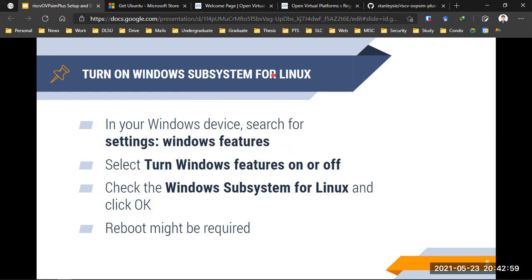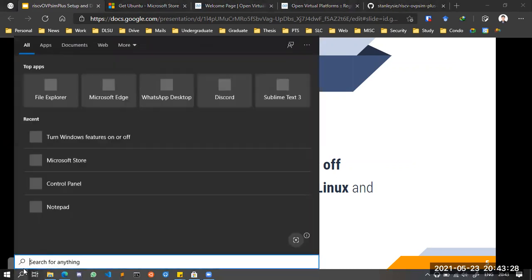We use the Windows Subsystem for Linux to prevent a long setup for a virtual machine or the Ubuntu setup, etc. So we're just gonna go with the Windows Subsystem for Linux, and we can find it by doing the search